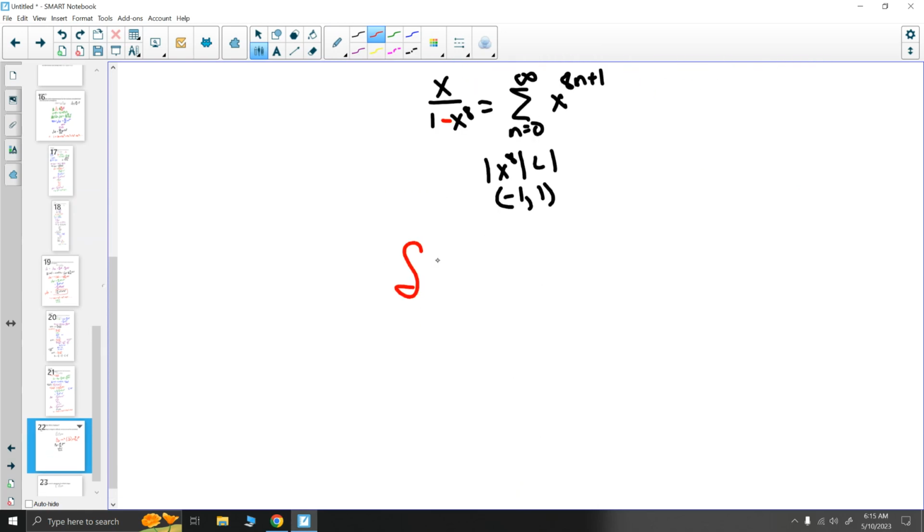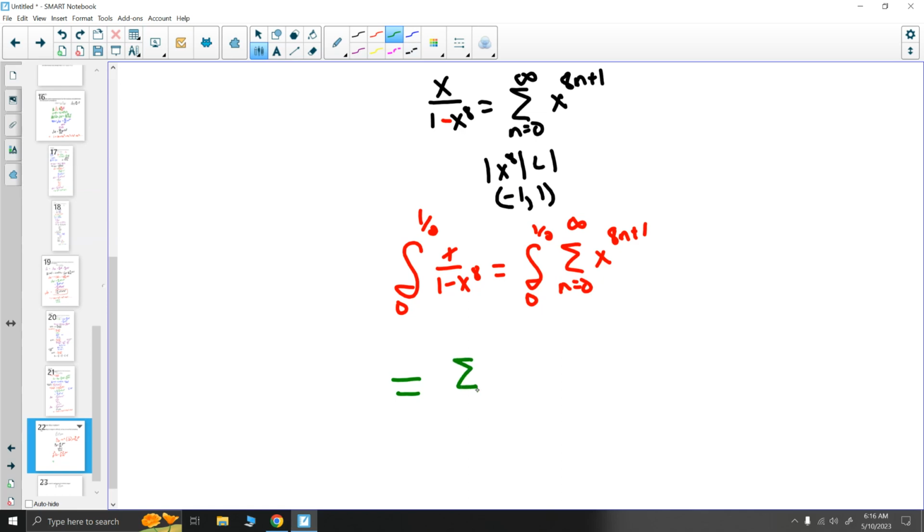So that means that the integral from 0 to 1/2 is equal to this same integral, as long as it's within our interval of convergence. So that's equal to the integral from 0 to 1/2 of our sum, n equals 0 to infinity of x to the 8n plus 1. So if we're integrating this thing, again, we have no idea how to integrate that, but we can integrate this thing. So that would be our sum, n equals 0 to infinity of,